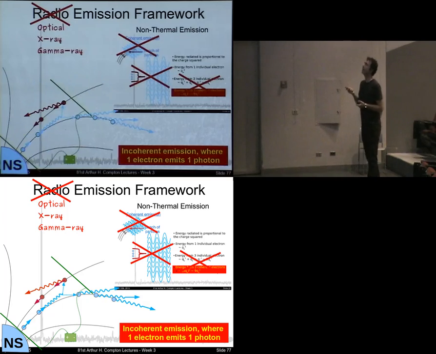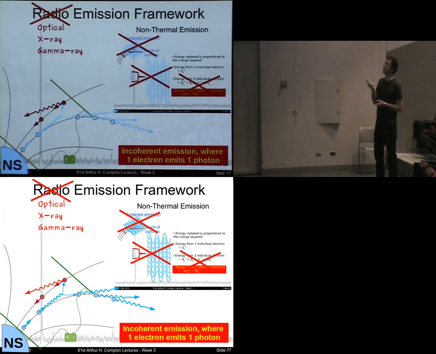So we don't need the coherence argument I said. We don't need any of that. We just have one individual electron radiating one gamma ray or one X-ray photon, and hopefully it escapes and we see it. So the cascade situation that I described that's happening out here,